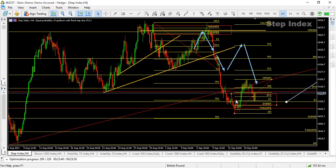On the lower time frame, we can see that we already had this rejection at the E1 level, which is lying on top of the E1 level from the daily time frame. E1 is short for entry one. For my VIP students, I'm sure they know exactly what that means. So I would be expecting step index to come all the way up, at least